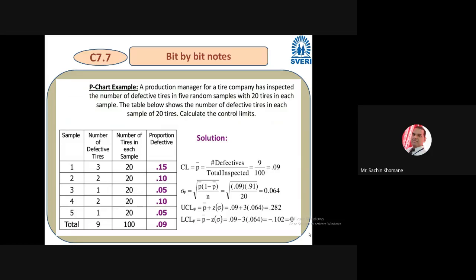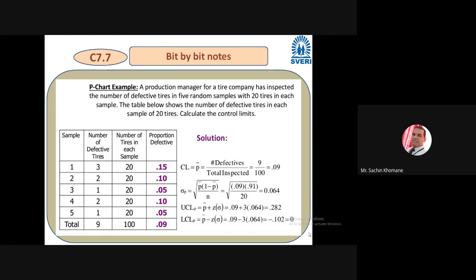So what is the proportion defective? It is also called the control limit or P bar. How to calculate defectives? Whatever defects you found, the P chart is made for that. If you remember the theory, the P chart is there to calculate proportion defective, how many components are defective. For that purpose it is there. I hope you remember this. So how to calculate that proportion defective, or P bar or CL?